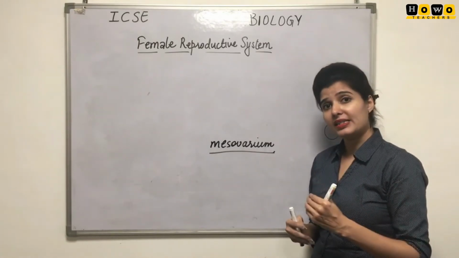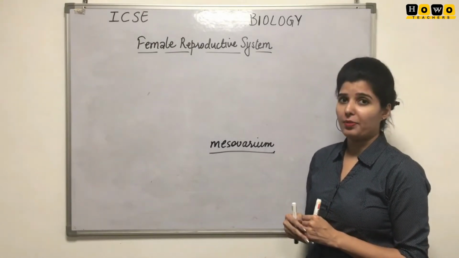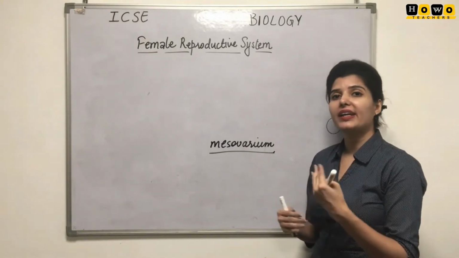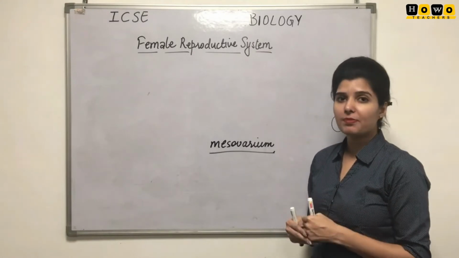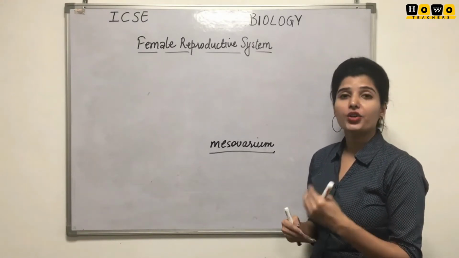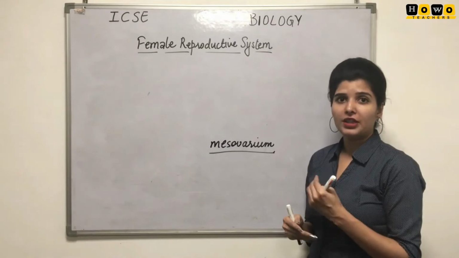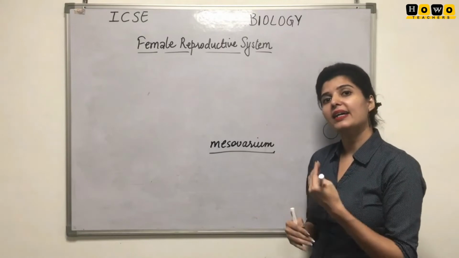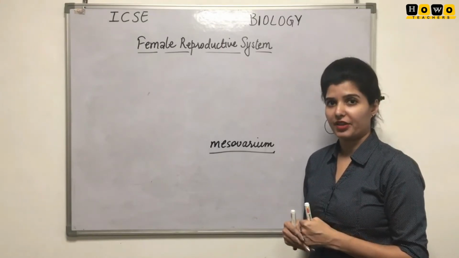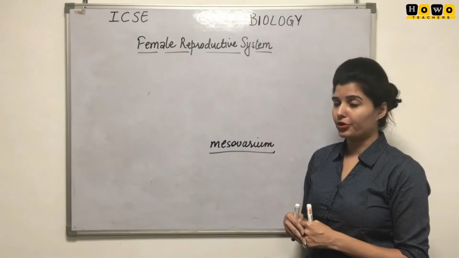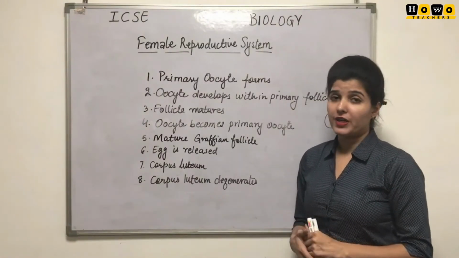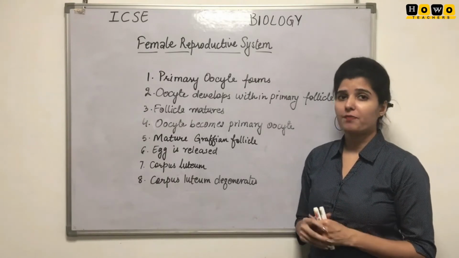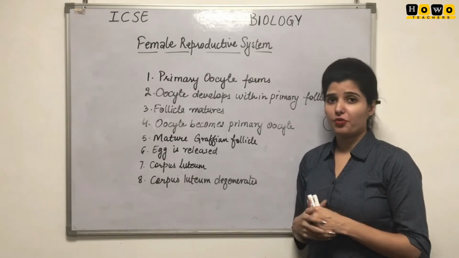And now let us see how the eggs or the ova are produced. As there are two ovaries, alternately each month there is the production of the egg from one of the two ovaries. It means one will be functional in one month and the other will be functional in the next. This is how the egg is produced. Each ovary is joined with the dorsal abdominal wall with the help of mesenteries called mesovarium.